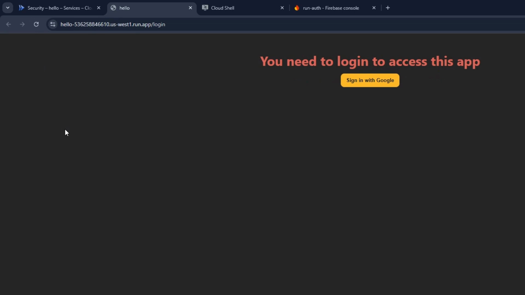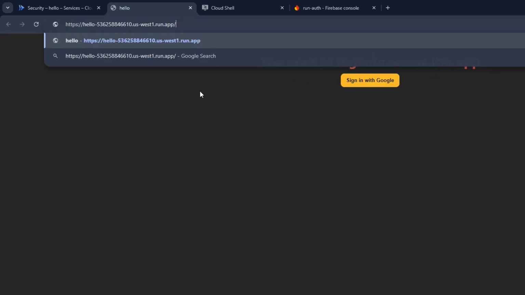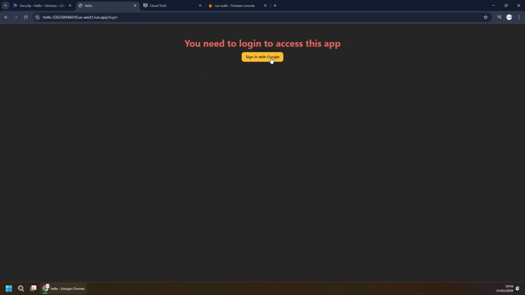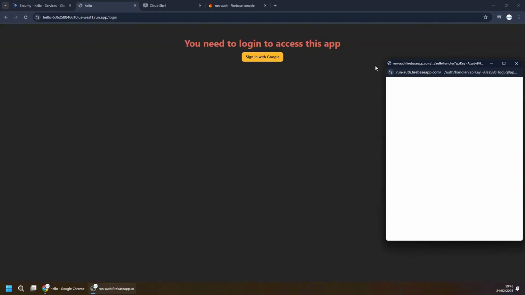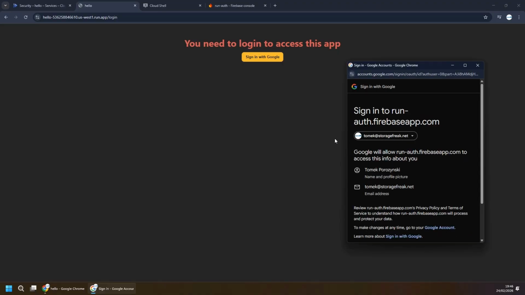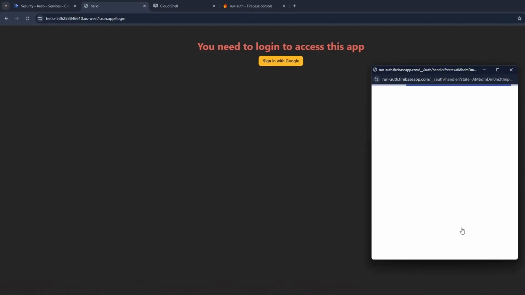And we see now our nice login page, right? You need to log in to access this application. And even if I go for the root page, I'm redirected to login, so I have to log in. Let me click sign in with Google. We've got our pop-up window. I select one of my accounts. And because I'm signing in for the first time, I have to accept that I'm sharing my name and email address